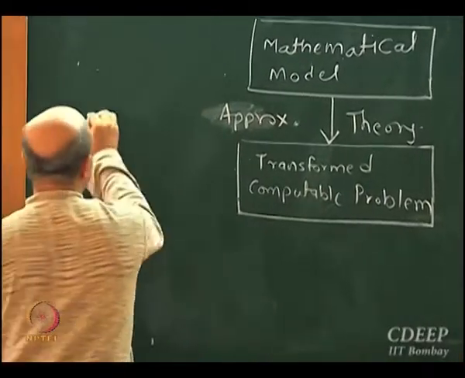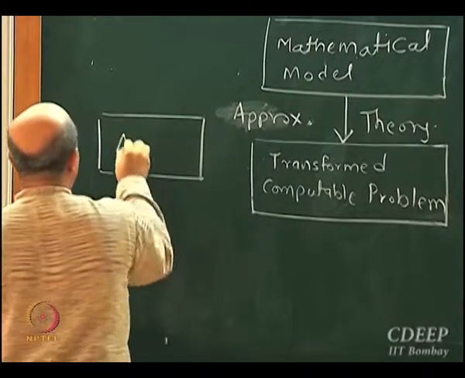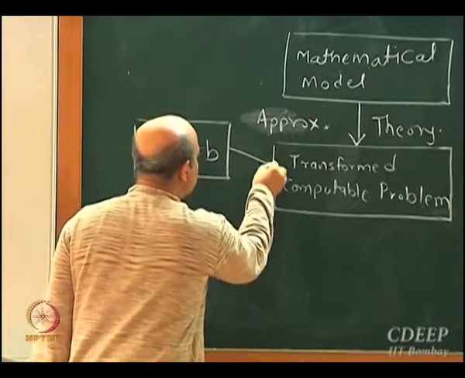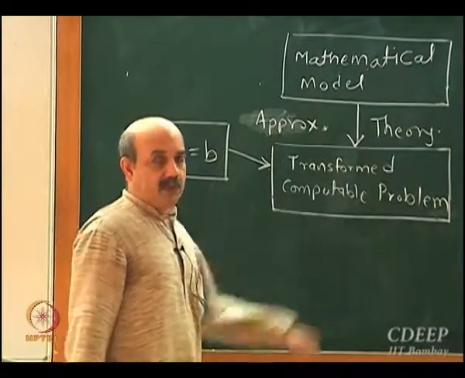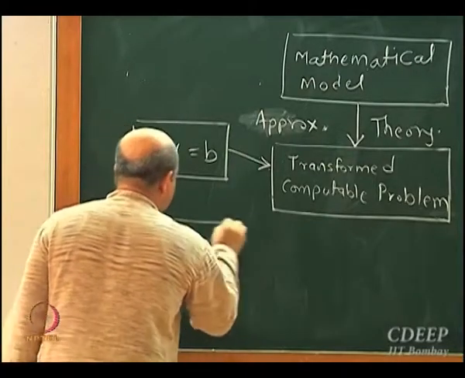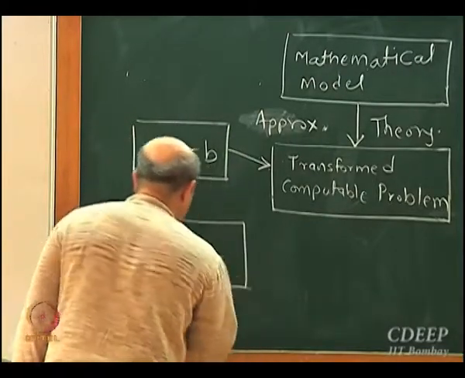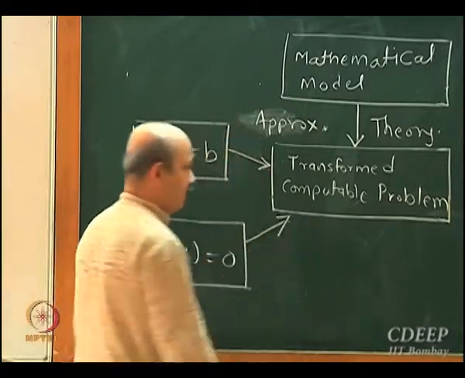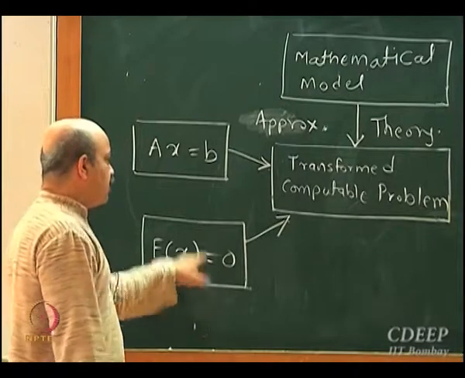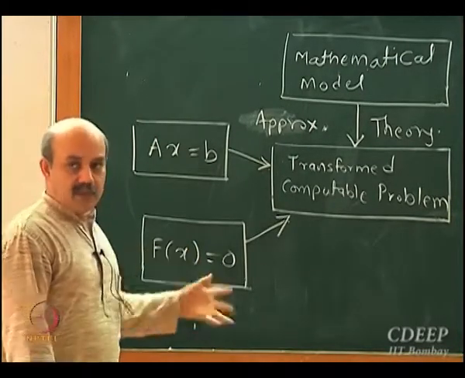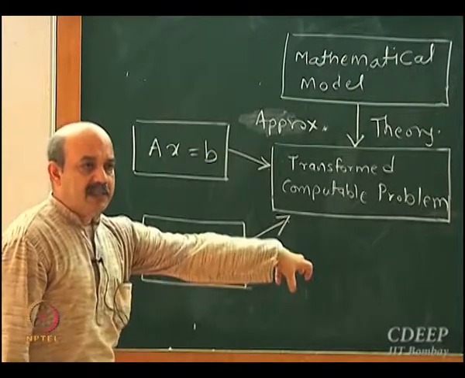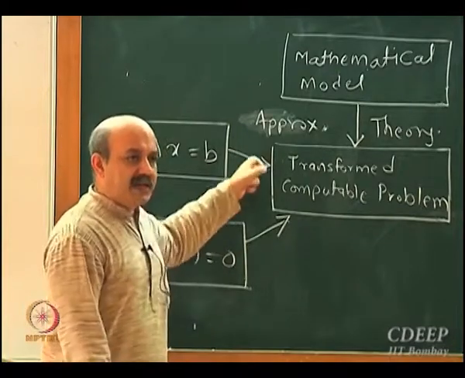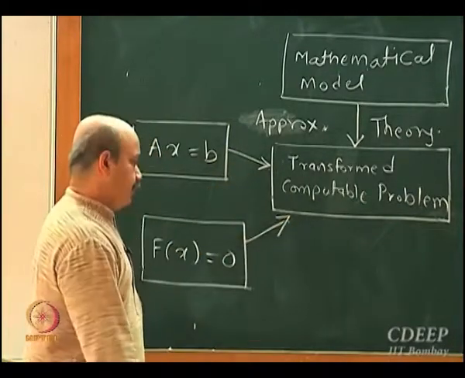One is solving Ax equal to b. It could be using this tool to solve this problem. Or I could be solving f of x equal to 0, and it is quite likely that to do this I might be using Newton's method, which uses Ax equal to b to solve. So this could be directly being used or it could be indirectly being used, we do not know.